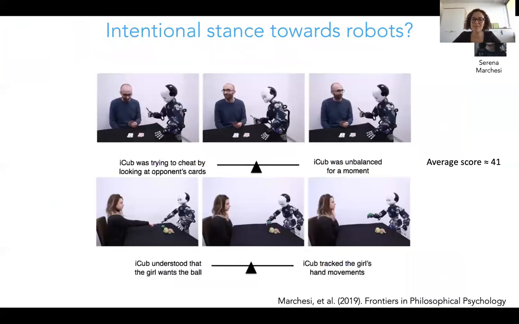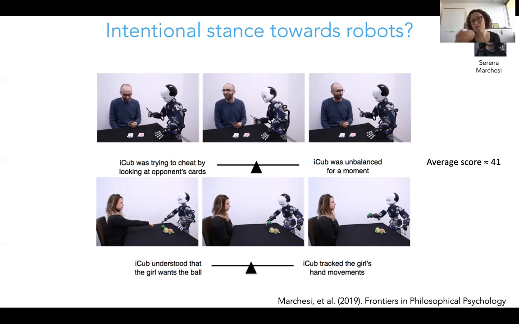So we came up with this task that we think brings us somewhere close, but of course it's not perfect, and I'm perfectly aware that this is not a perfect tool to measure, let's say, people's intentional stance. So what people are asked to do here is they have 34 scenarios of this type. One scenario is a triplet of these photos, and as you see, there's a little story told by this sequence of three pictures.